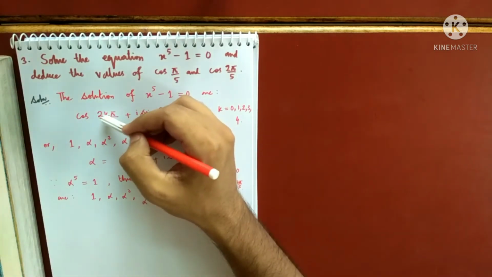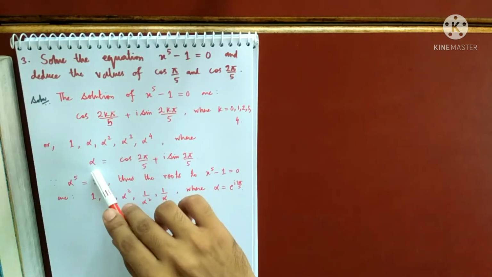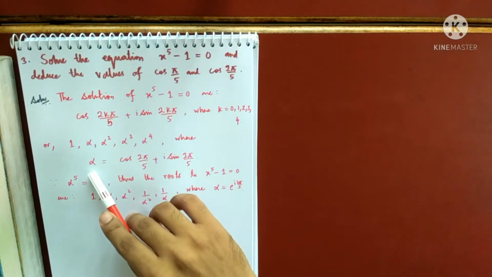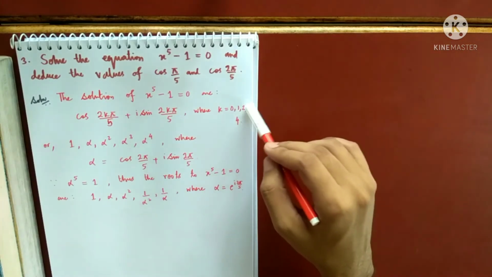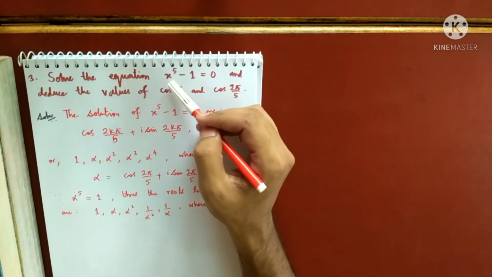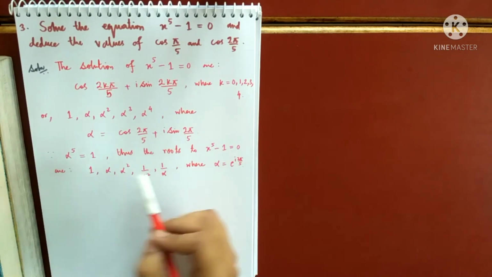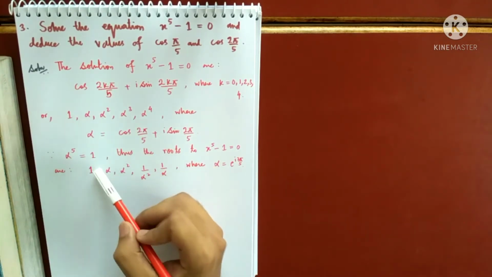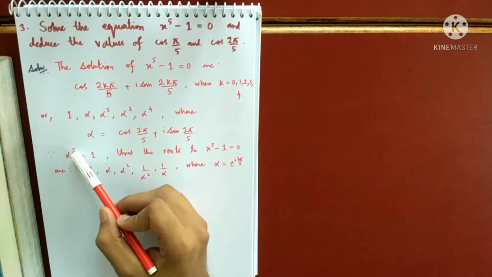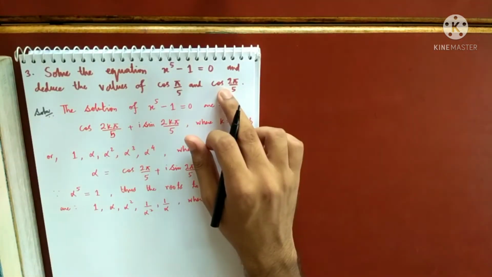Okay, so this k using De Moivre's theorem can be taken in the power, and the inside part can be thought of as alpha, and then alpha to the power 0, 1, 2, 3, 4; alpha to the power 0 is 1. And because alpha is a root, alpha to the power 5 minus 1 equals 0. So from here alpha to the power 3 can be written as 1 by alpha square, and alpha to the power 4 can be written as 1 by alpha. So you don't have a problem anymore, I hope. Now you have to determine the values of this and this.